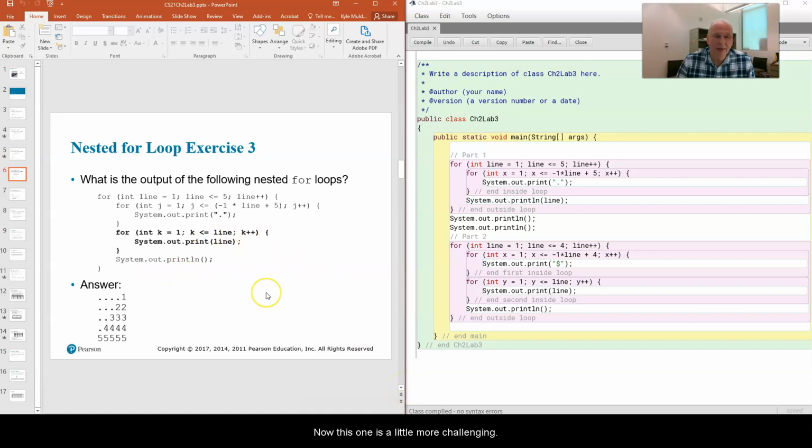Now, this one is a little more challenging. As you can see, we have an outside loop going from 1 to 5, and we have 2 inside loops. And this first inside loop has a rather interesting condition on it. It says j less than or equal to -1 times line plus 5. You might be thinking, where did they come up with that? Well,